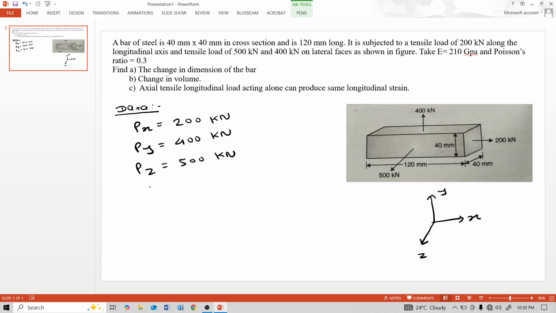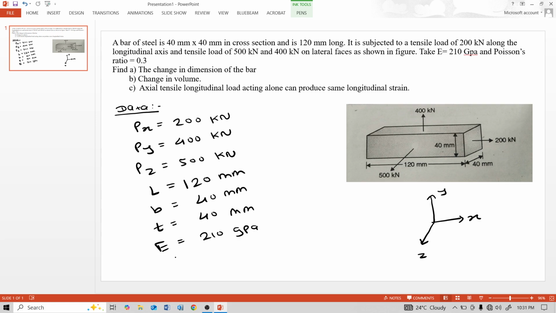Length of this rectangular bar, capital L, is equal to 120 mm. Breadth of this rectangular bar, B, is 40 mm. Thickness is 40 mm. Modulus of elasticity, capital E, is equal to 210 gigapascal. Poisson's ratio, denoted by mu, is equal to 0.3. And